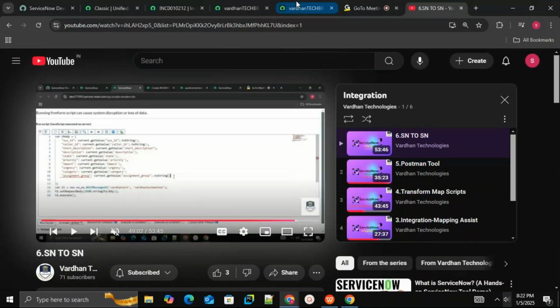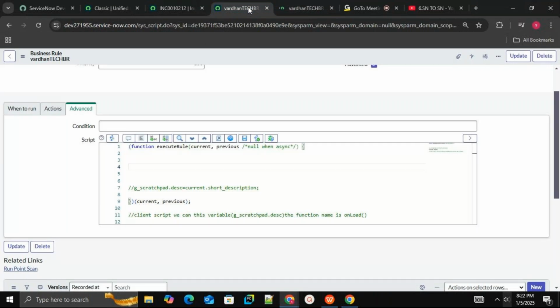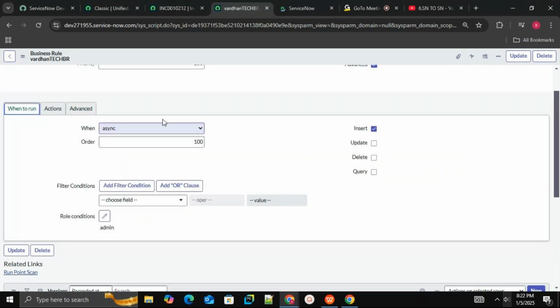So here, let me open this. Here we can use async business rule with the insert here. See, this is insert async business rule. Let me copy this. We'll test whether it is working fine or not. I have that. Maybe let me check this. I have a code or not. This code which is there inside